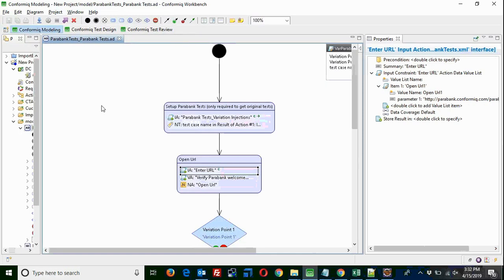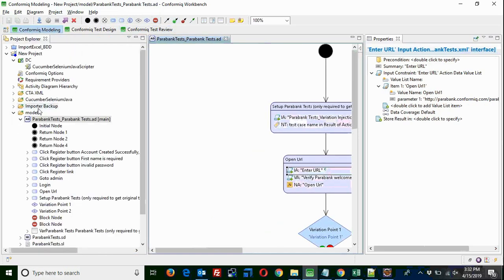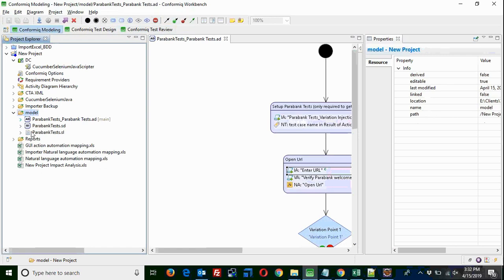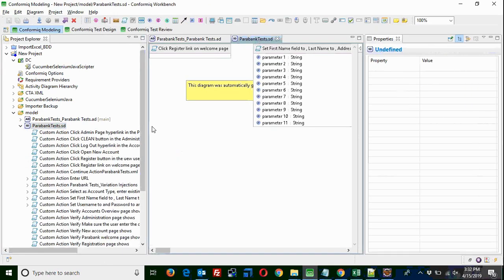Fantastic. See, if you have plain requirements, based on the understanding of the application, you can create a model very easily. I'm not sure whether you have gone through Conformiq functionalities. See, the structure diagram is the real building blocks of the model.